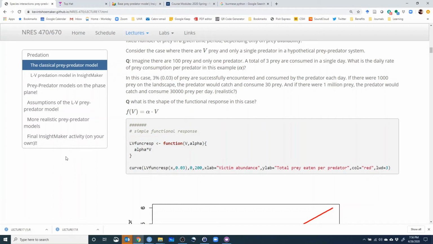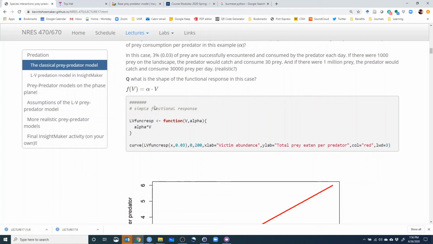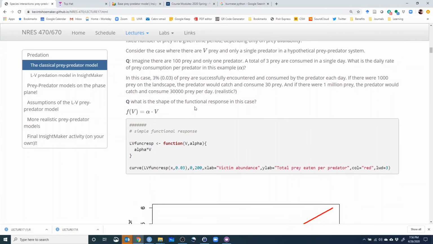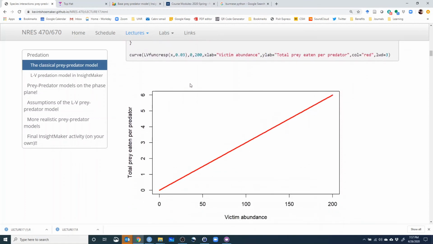Given that, we have this really simple functional response. That is, for this one predator, it consumes 3% of the prey per day, right? So the functional response is whatever the number of victims is, 100 times 0.03 is equal to 3. That is 3 prey consumed per predator per time step. So that's the functional response. If V is bigger, there's more prey consumed per predator, right? So the functional response is just the total prey eaten per predator per time step,